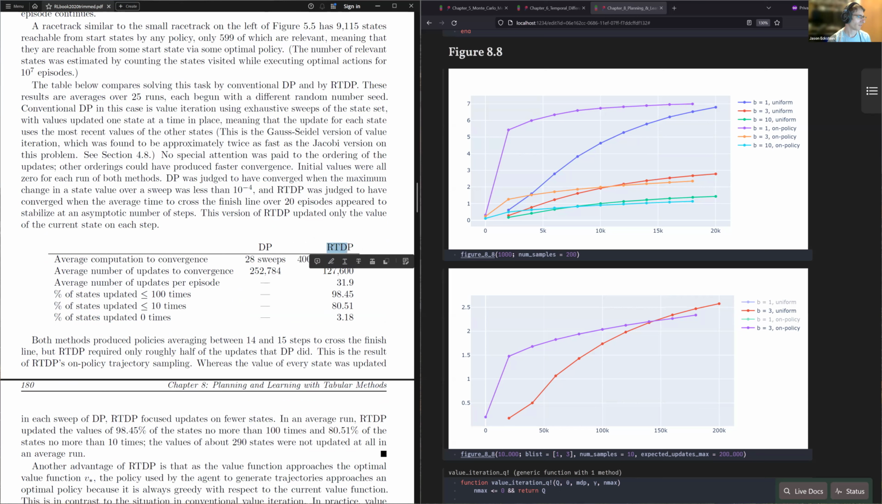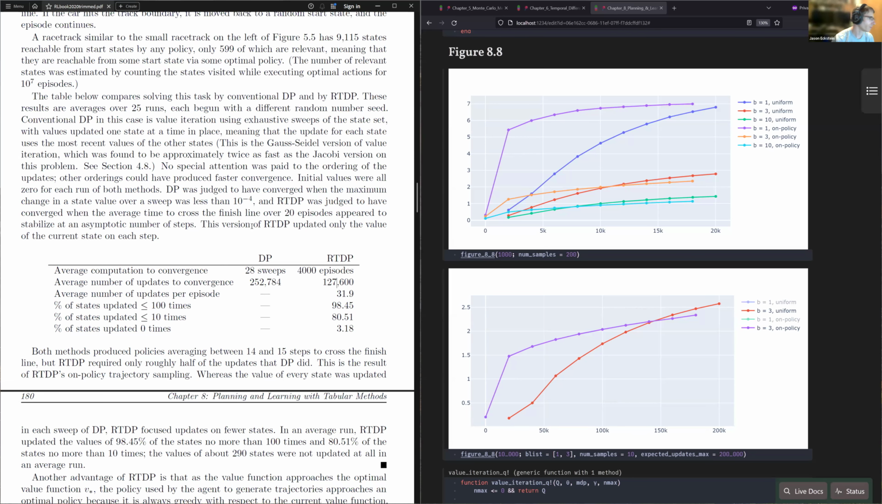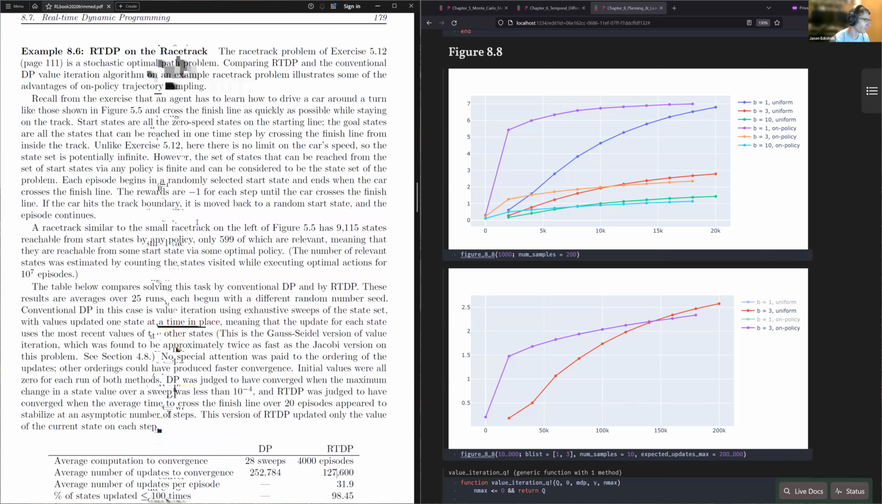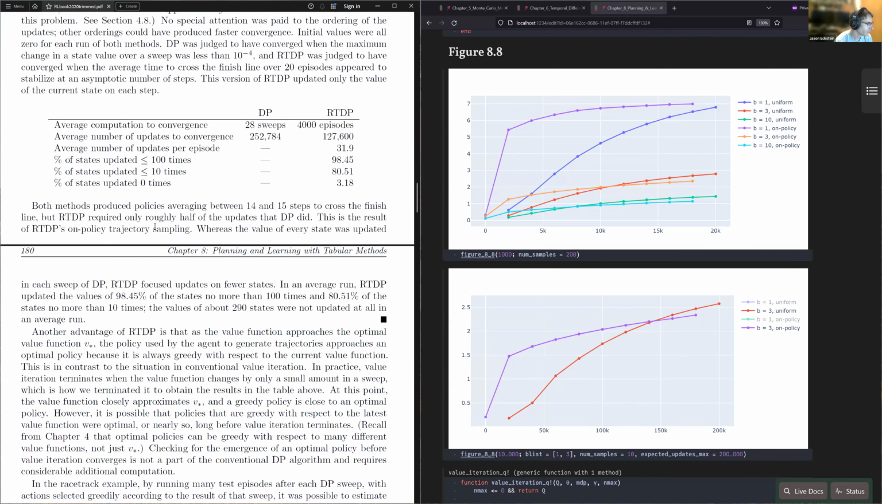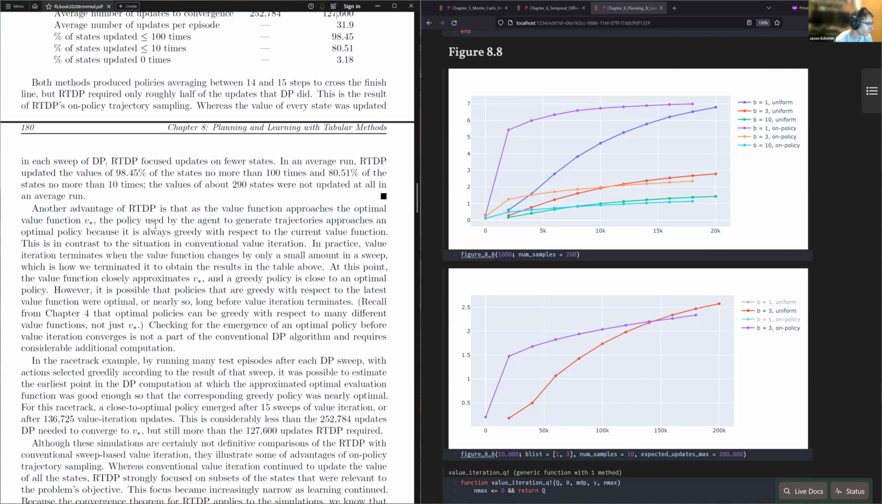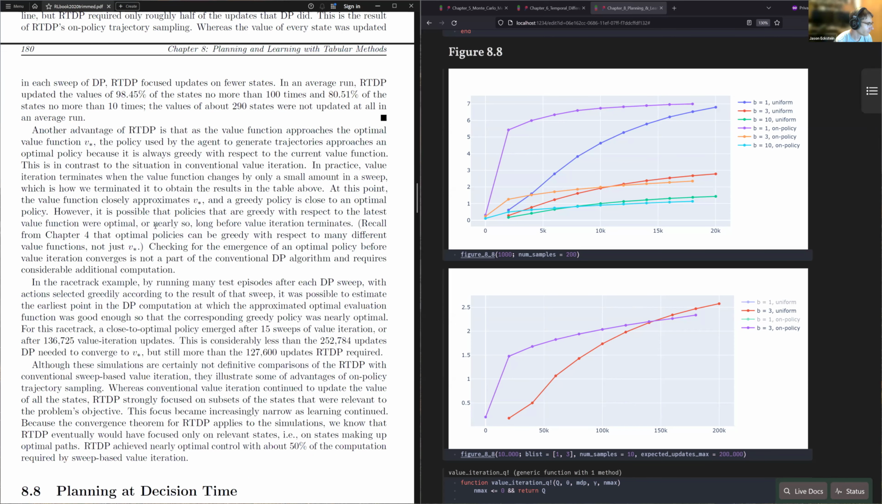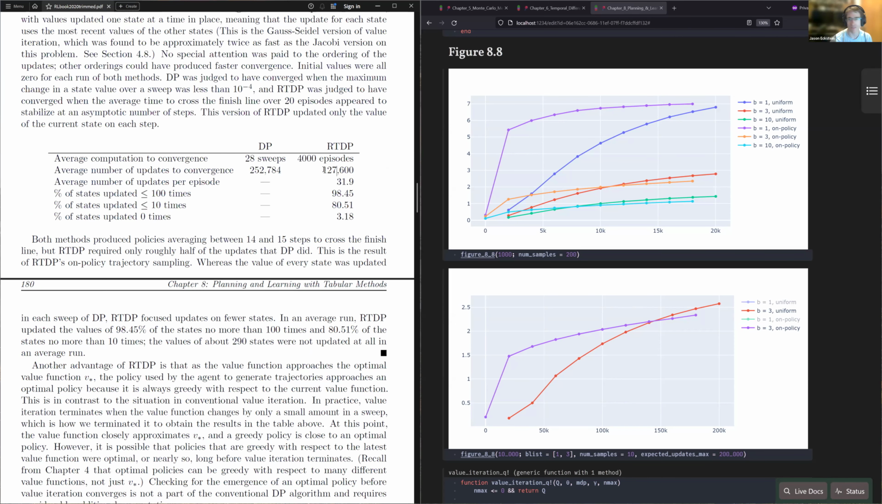Whereas in this case, they only had to do 4,000 episodes and quite a bit fewer actual updates to have convergence. But I think the episodes must be following, I imagine they're following the epsilon greedy policy according to the Q function. But yeah, this is not nearly as dramatic an improvement as we had before with the